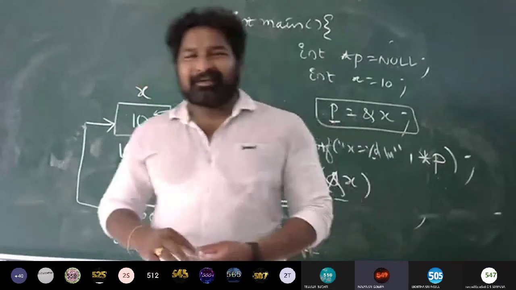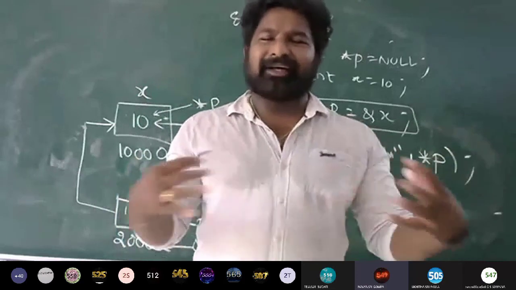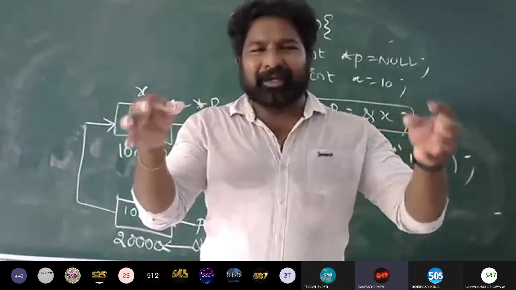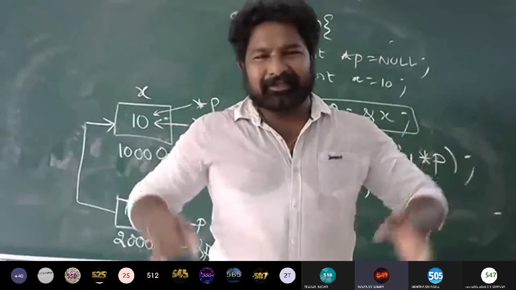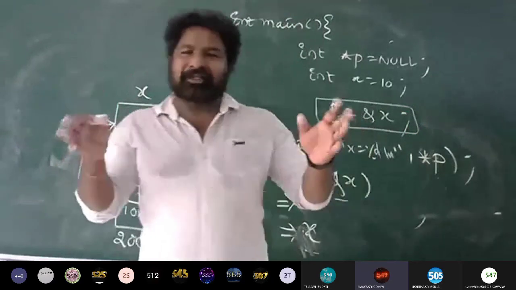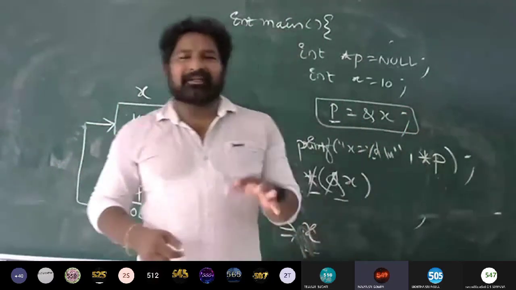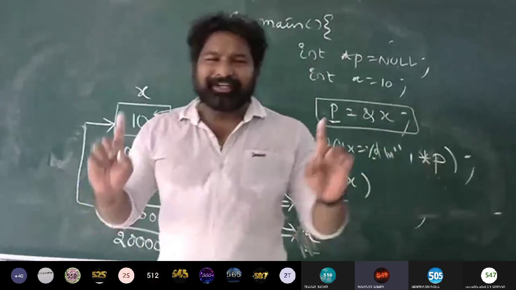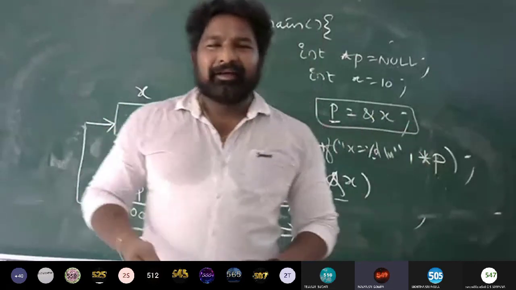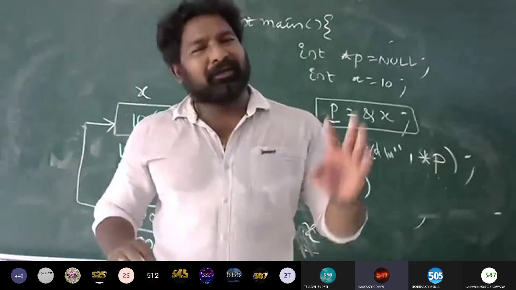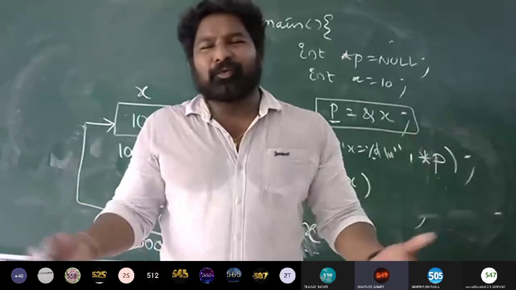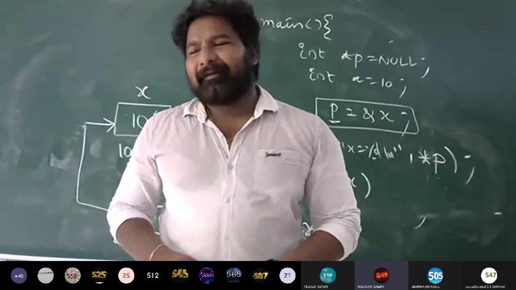In that case, you can subtract one pointer from the other, and you can say that these 2 pointers are separated by this many bytes. That is the result you get when you subtract 2 pointers pointing to the same array. If P is pointing to one variable and Q is pointing to another variable, there is no meaning in subtracting 2 pointers.